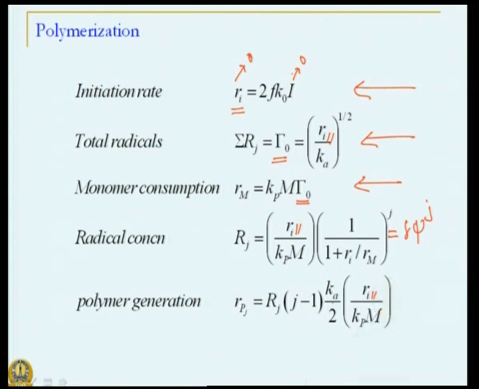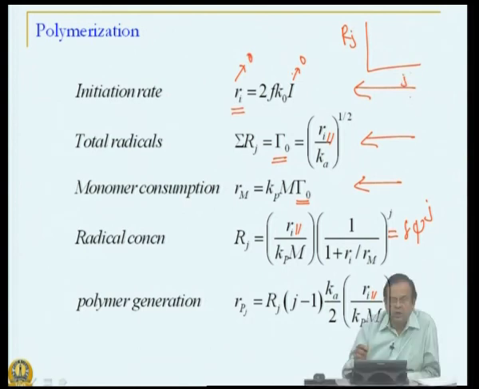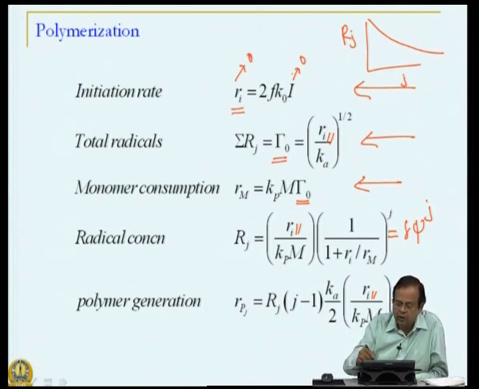Now, if we look at these expressions once again, we also notice the following. These radical concentrations, for example, Rj, as a function of j. What is j? j is the number of monomeric units 1, 2, 3, 4 and infinity. It actually always falls down, and that is to be expected because here Rj comes from j minus 1, j minus 1 comes from j minus 2 and so on. So, j minus 2 concentration is always higher than j minus 1, which is always higher than j. So, it is monotonically decreasing.